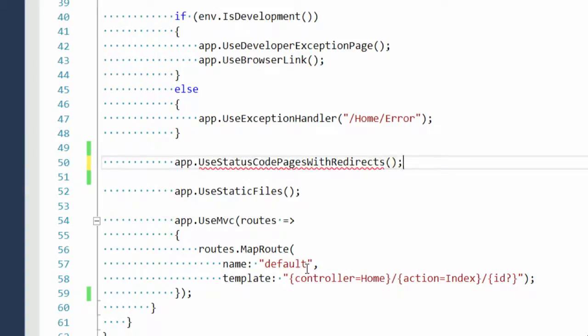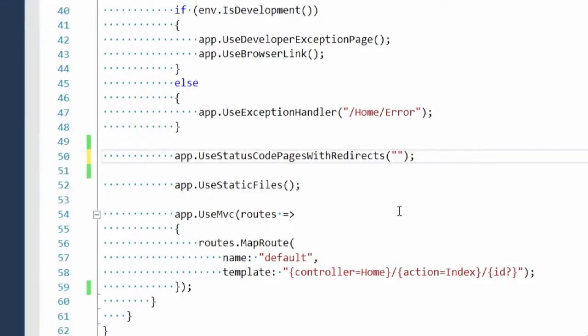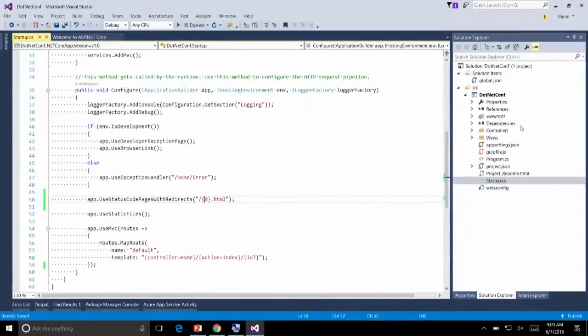And I'm going to put in here, I'll show you a couple of features all in one go. Use status code page with redirects does exactly what it says in the name, but I'll show you what that means in a minute. But what I'm going to direct it to is this, which is a little bit interesting. I'm going to direct it to 0.html. Now, in this context, what we do is we match this 0 with whatever the status code is,